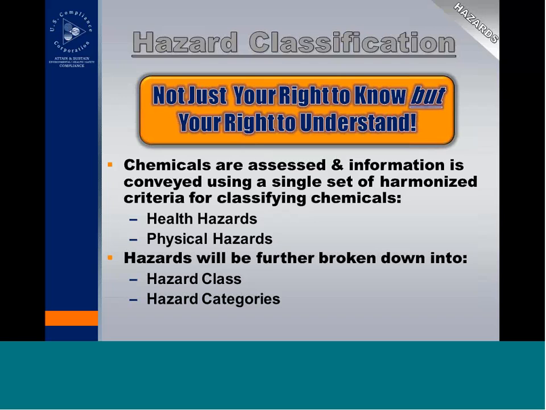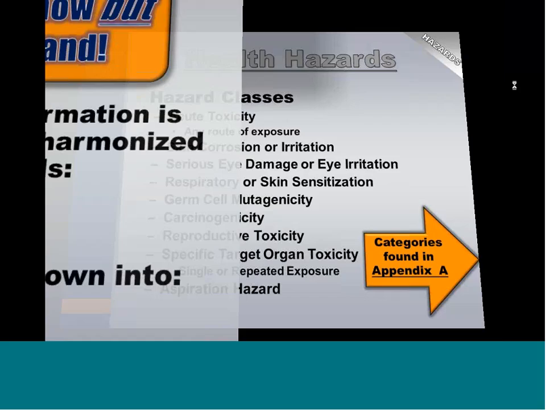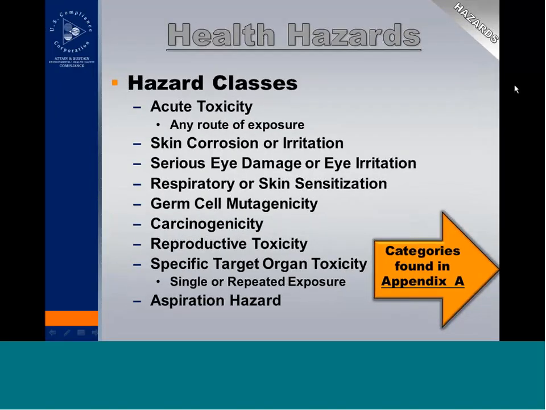So we have two primary categories of hazard classification. We have health hazards and we have physical hazards. And then those hazards are further broken down into hazard classes and hazard categories. With regards to health hazards, some examples of hazard classes you will find under this category are acute toxicity, which means a very short exposure can cause serious repercussions, skin corrosion or irritation, serious eye damage or eye irritation,